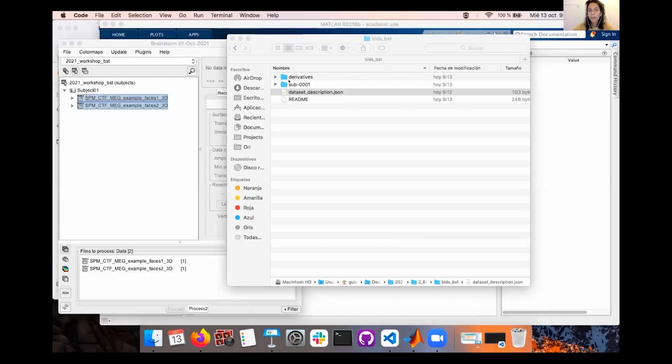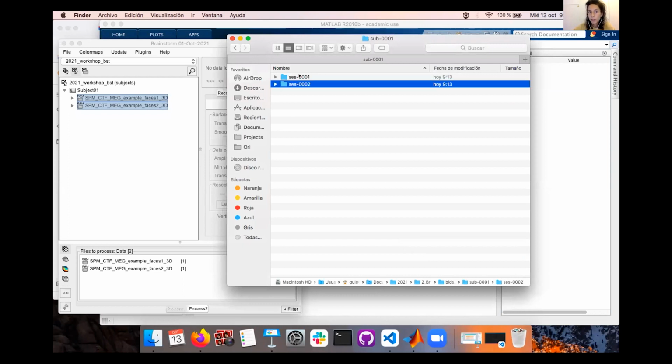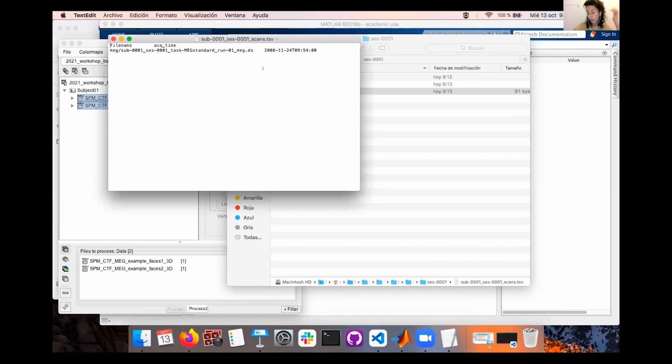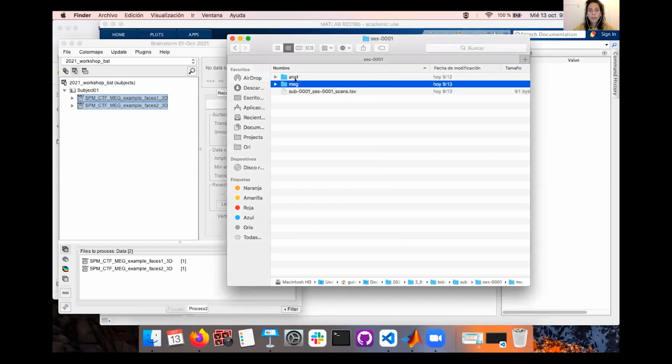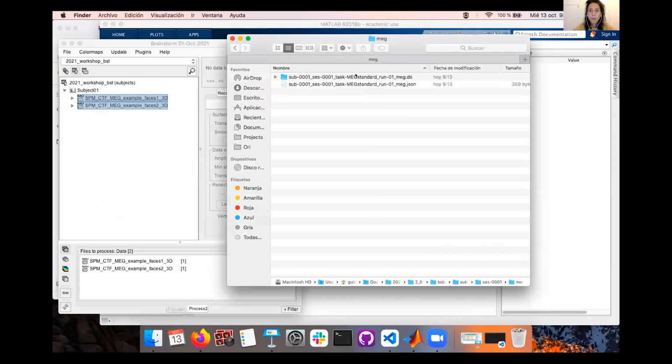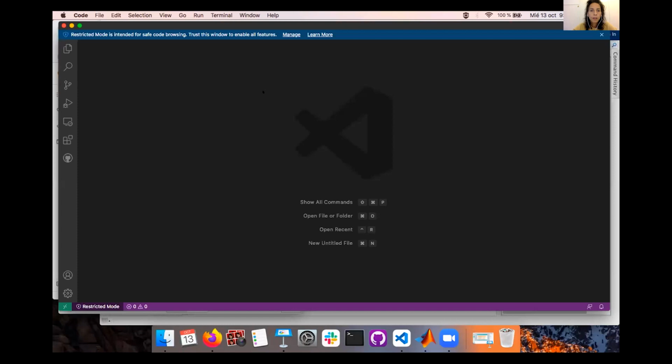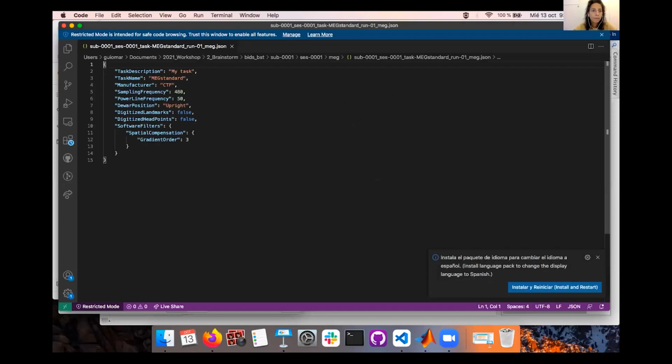And you will have your subject. Inside your subject, you will have session 1 and session 2. And in session 1, you will have your MEG. In the same way as MNE-BIDS created the scans file, here it's also there. This is the file name and the acquisition date. So you will have it here on the scans TSV, and then you will go to the MEG, and you will have this run first session, run 1, and the sidecar with some of the task name.